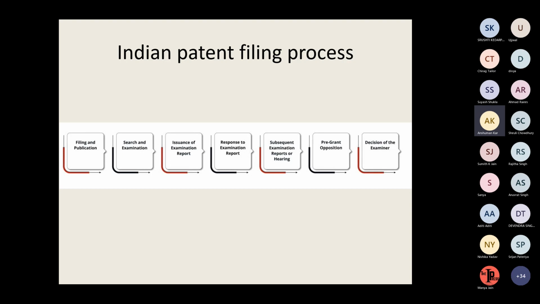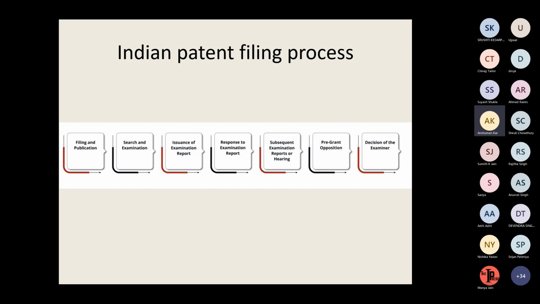They are saying that an application has come, someone has said that they have come up with some invention, and now we are publishing it. Now it is open for the public to oppose it. If someone feels that this is infringing their own patent, or this is something not new, or there are certain defects, then it is open to the public to object. Then after that, you have to file a request for search and examination.